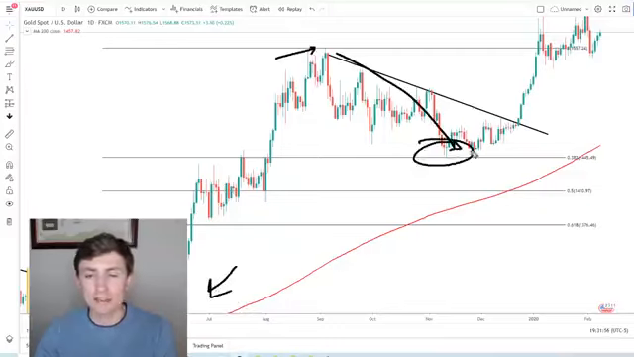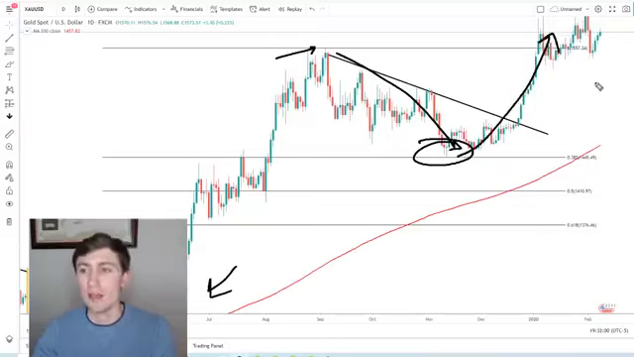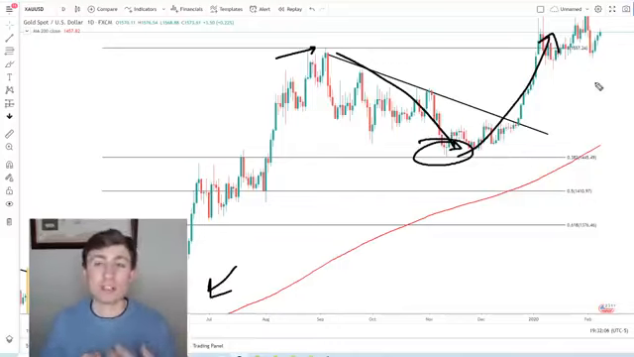You can see it came back to the 38.2 and rallied from there, breaking through recent highs. Okay, so that's just another example of how you could trade gold. The big thing for me is that, in my opinion, the best way you're going to develop an edge on